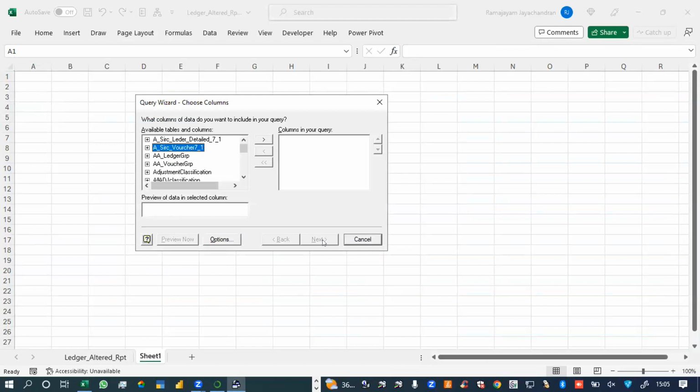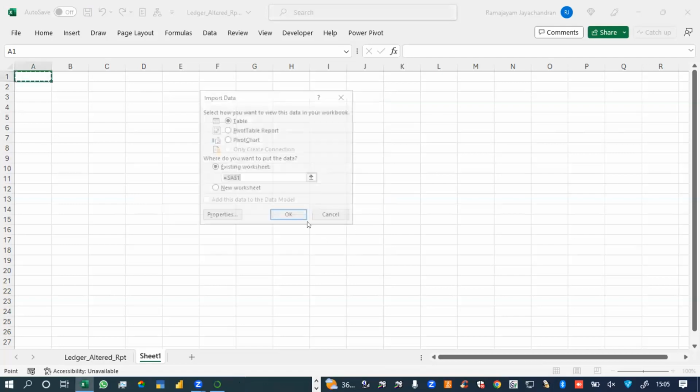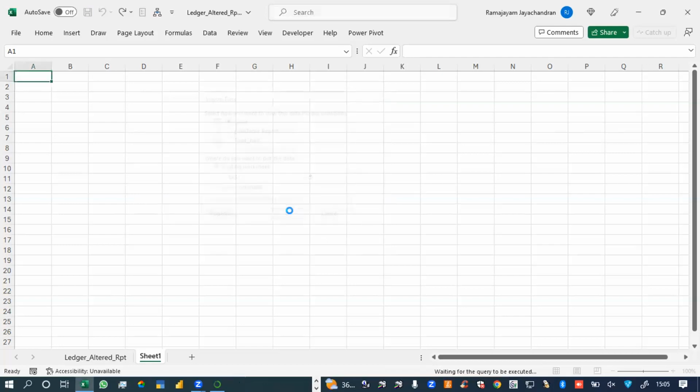Voucher. Entire transaction data is being loaded.